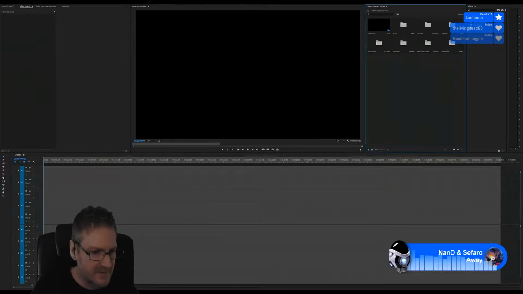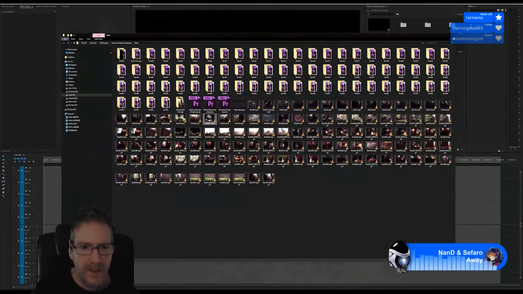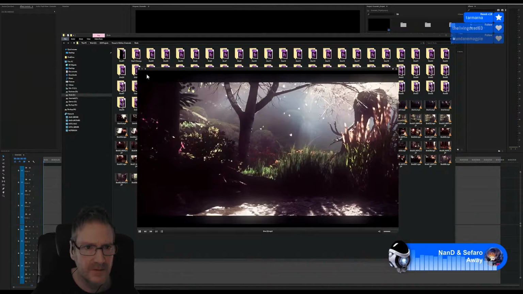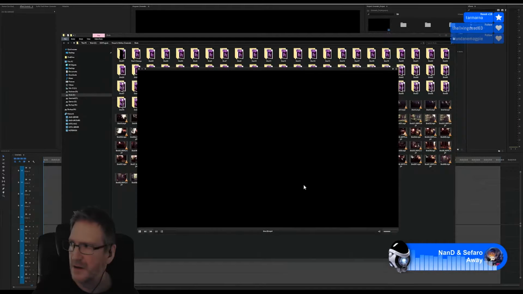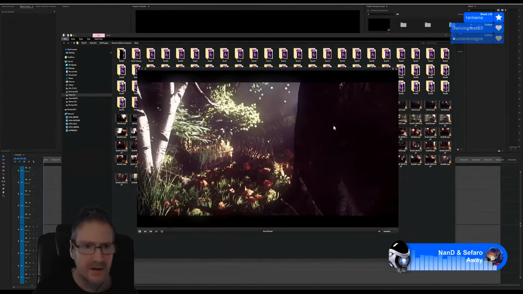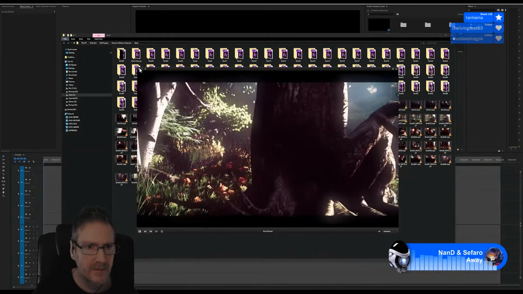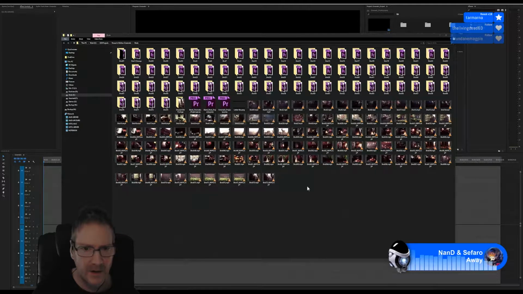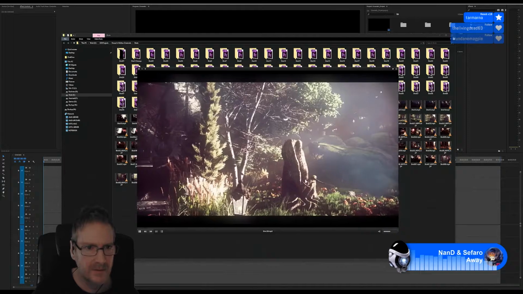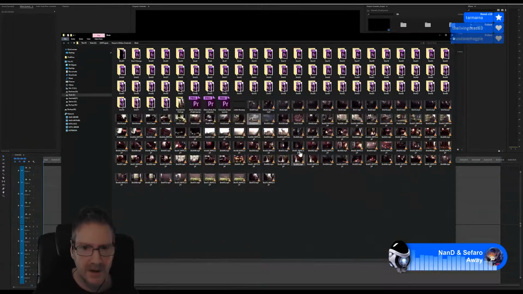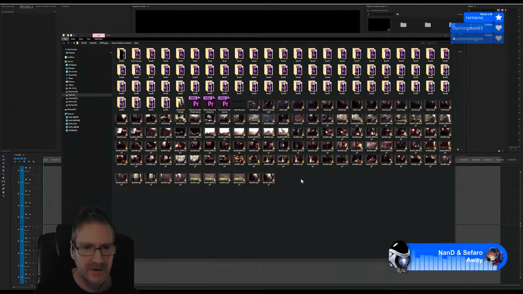So now the pond area. So that'll be from shot 22. Yep. 23. Yep. 24. Yep. 25.